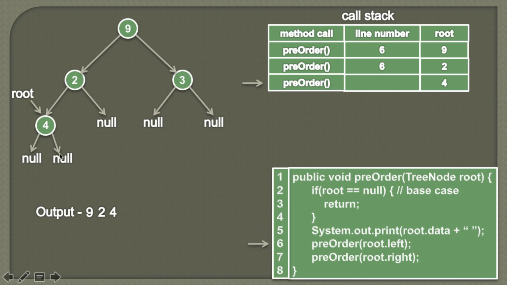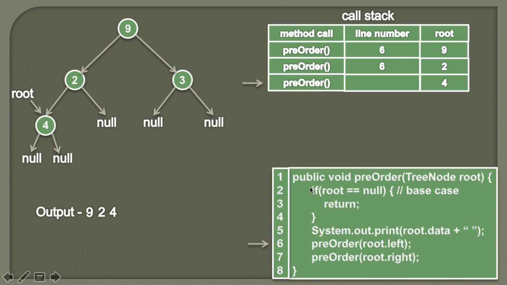And after we process this node, we know that now we have to traverse its left subtree and then its right subtree. So first we are processing its left subtree. So we are simply calling pre-order again and we are passing root's left. So currently here you can see root left is pointing to null. So therefore we'll now call this pre-order by passing a value null.